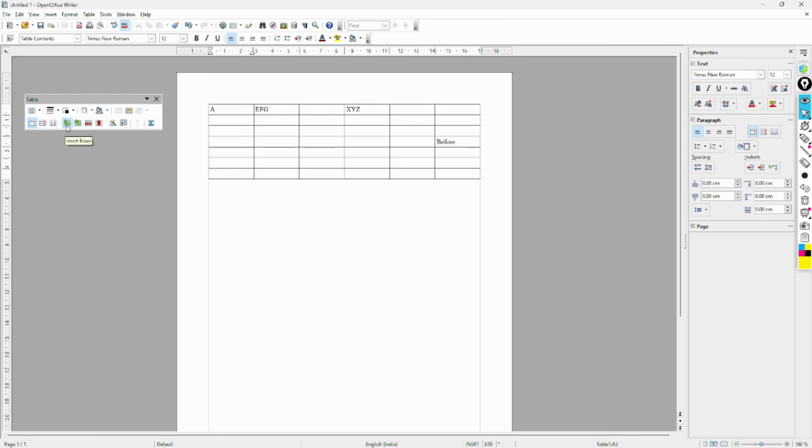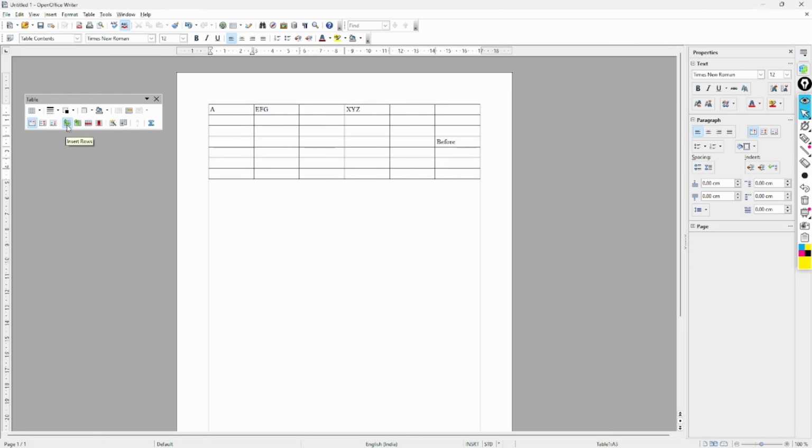The first option is row. When you do the practical on your own PC, you will see a plus sign with a green arrow going from it, and in column there is the same arrow in a vertical way. This one is insert row and this is insert column. No need to worry about what the symbol is called. If you don't know any symbol, just hover your mouse on it.